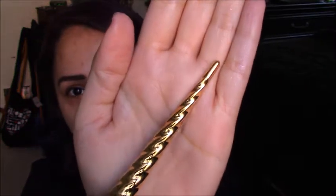It is a unicorn horn. And they're kind of weighted, which is nice. I like weighted ones because I never used to really care about how the weight was on the handle, but it does make a difference. So I'm going to grab one of my Wet n Wild brushes and my It brush and a Sonia Kashuk. So this Sonia Kashuk brush was from a winter collection. I got this for $8 on clearance, but this has a lot of weight to it. It is not as soft, but it's softer than my,